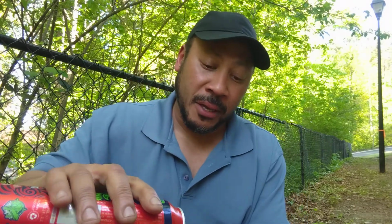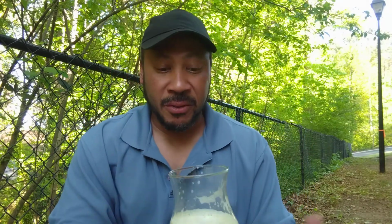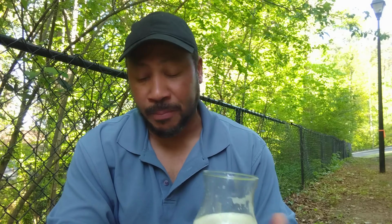So, overall, I think this is a really good beer. Superb Imperial IPA. I don't think anything negative about this. Food pairings. If you want to do some barbecue, you can. If you want to do some